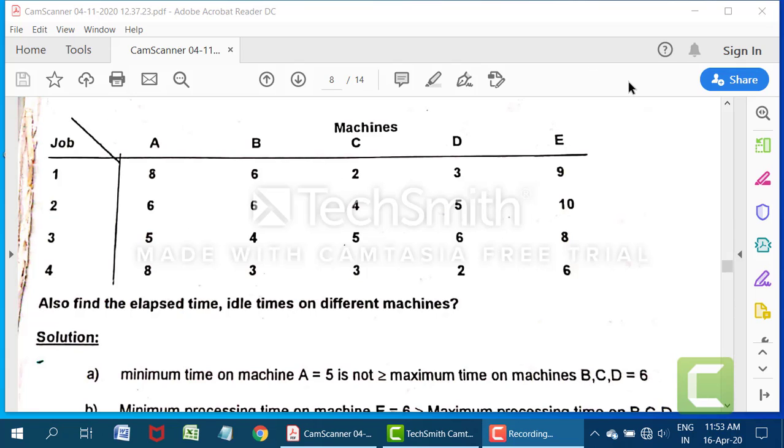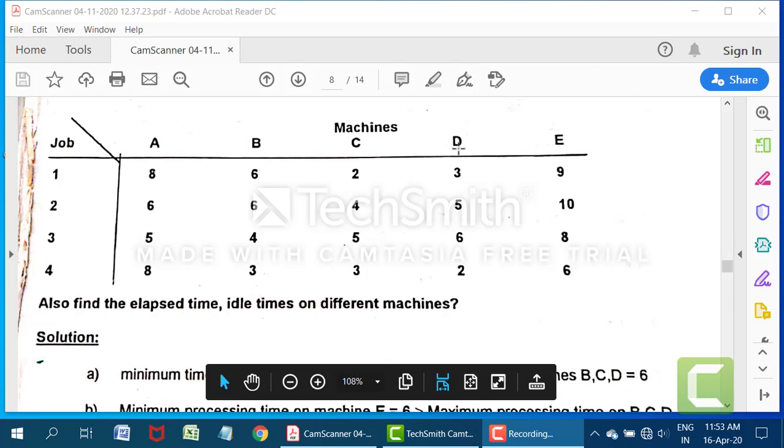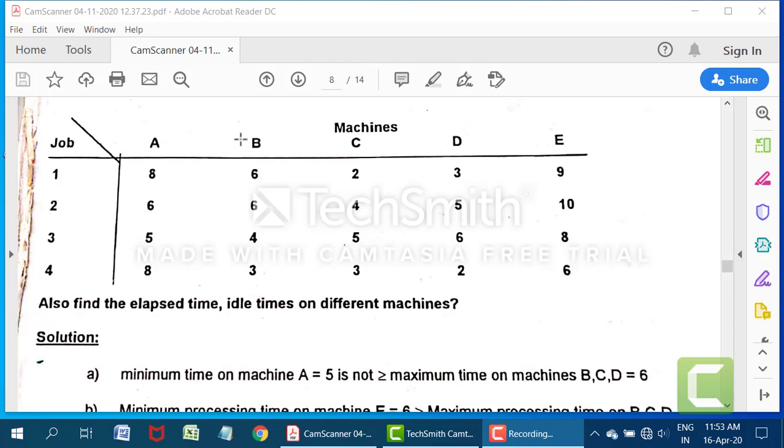First machine వదిలేయాలా, last machine వదిలేయాలా? What is the maximum processing time on the middle machines? Middle machines B, C, D. వీటిలో maximum processing time ఉంది 6 ఉంది. So whether 5 is greater than or equal to 6, 5 అనేది minimum processing time on the machine